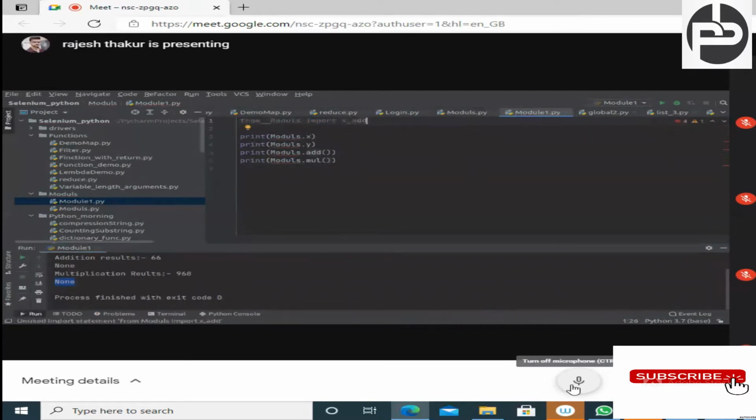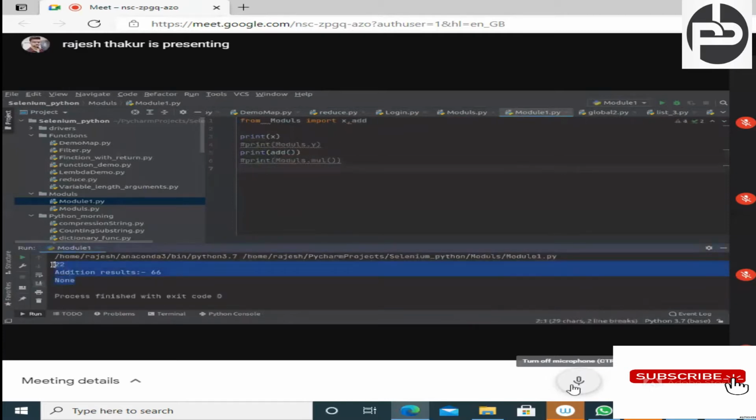If you import these things, then you can access x directly, and it will print x. You can only access that particular function directly, without the module name. Now I cannot access multiplication. If I execute this code, yes, happily it executes. I am able to access those things.